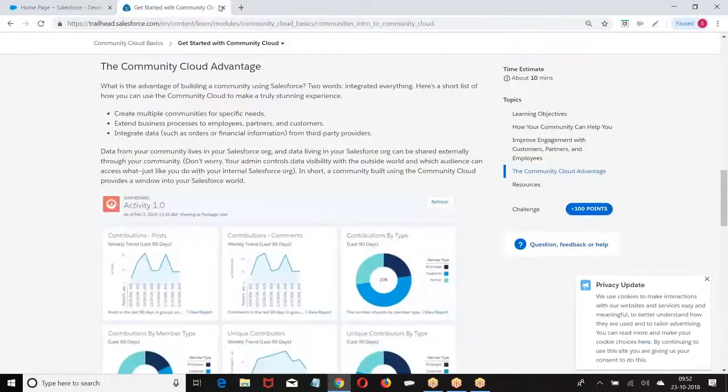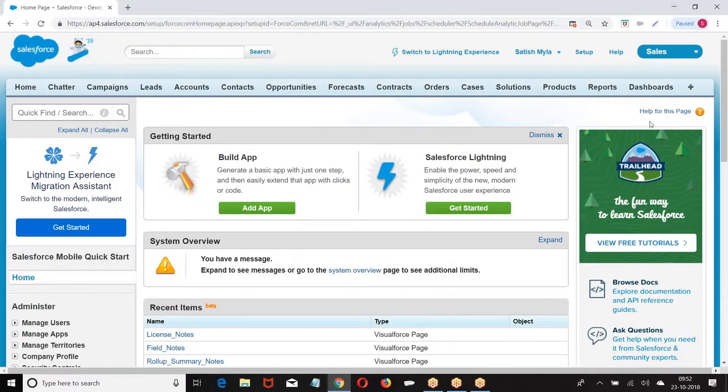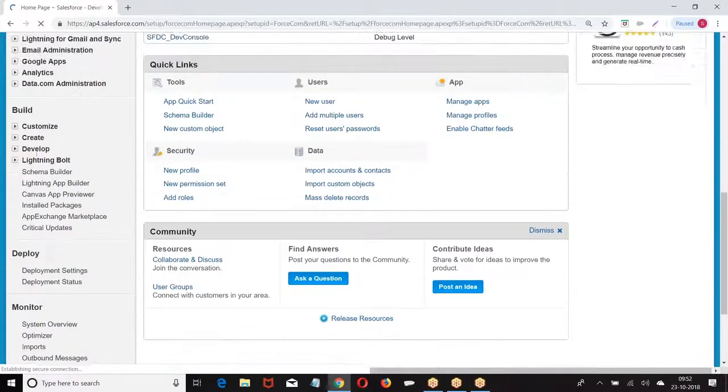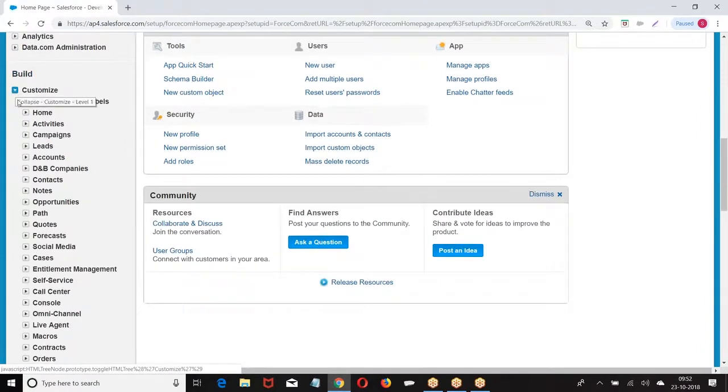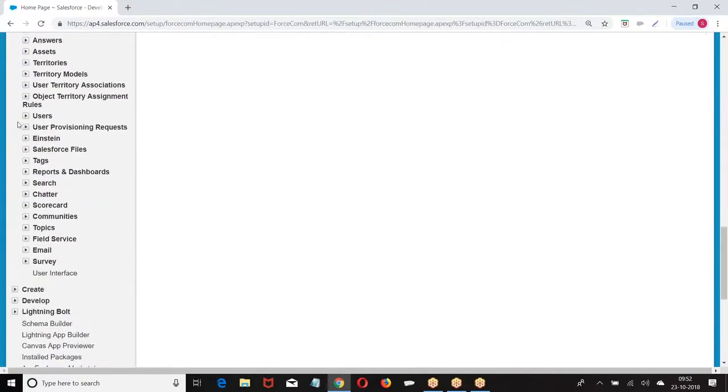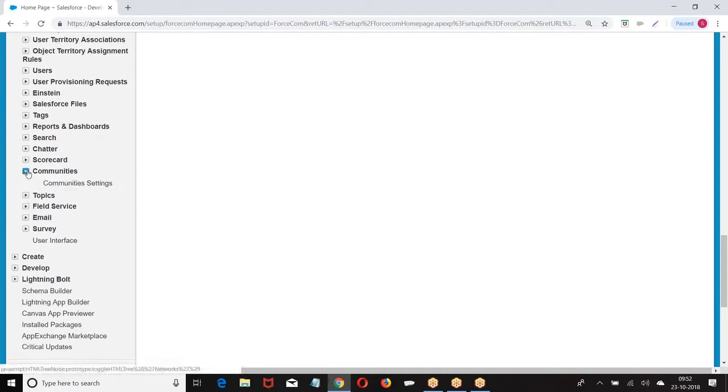Now, understand this clearly. Look at the point. First, setup, build, customize, communities.